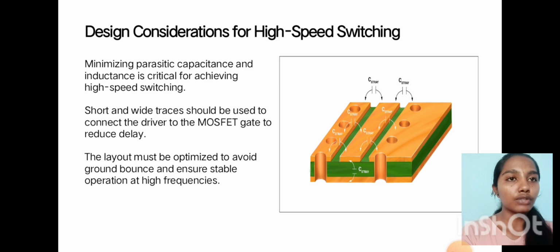Design considerations for high speed switching. Minimizing parasitic capacitance and inductance is critical for achieving high speed switching. Short and wide traces should be used to connect the driver to the MOSFET gate to reduce delay. The layout must be optimized to avoid ground bounce and ensure stable